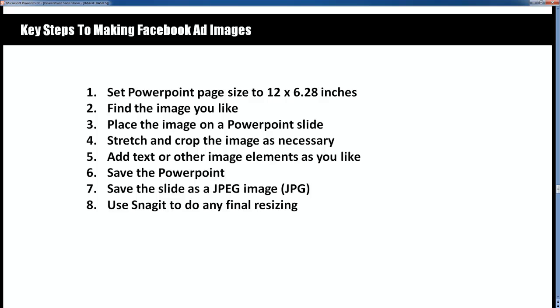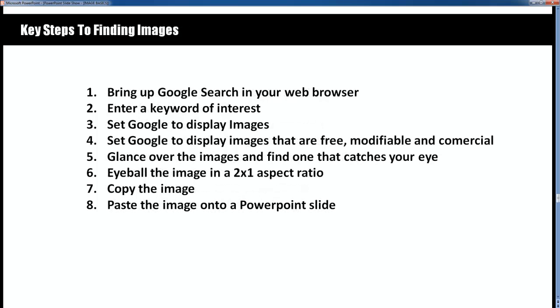Okay, so those are the steps that you go through. Let's move to the next slide, and it's going to tell you exactly how to find the image, and we're going to do that. So the first thing you do is to bring up Google Search in your web browser, and then you enter the keyword of interest. Now, we're going to enter network marketing. Then set Google to display the images,